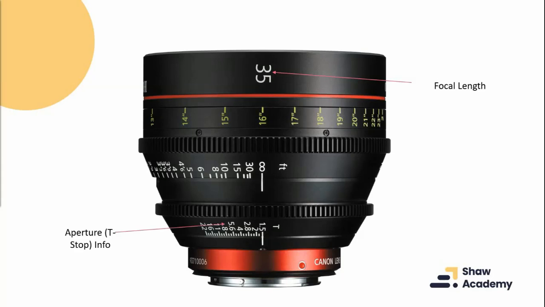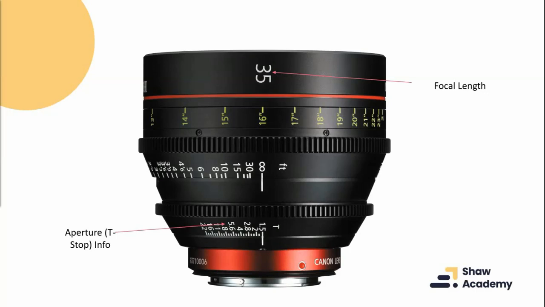Now, one thing to understand is that when we speak about apertures, when we have a look at them in lesson number 6, we're going to talk about f-stops. F-stops are all to do with depth of field. What's in focus and out of focus in the background, depending on the f-stop number that you happen to use. If you are using a cine lens, you're going to be talking about T-stops. T-stops are a little bit more complicated because it's more to do with exposure as well as the depth of field,